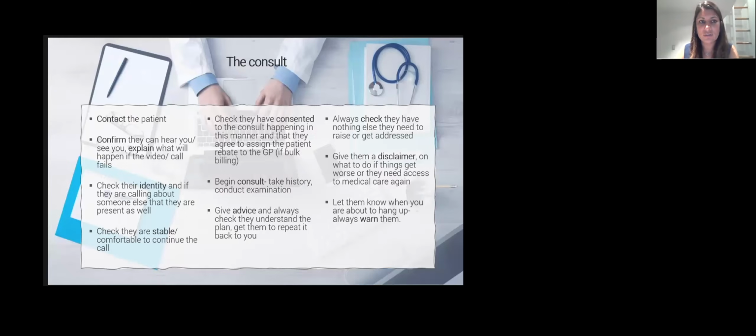So we're about to do the consult, and there are flows in how you do this. I know some people are happy to just pick up the phone and have a call like I do in person. I find it useful, and you don't have to take my advice, to actually have a structure around the consult. It just helps me not forget things and to make it feel as similar to a face-to-face consult as possible. So you contact the patient, you confirm that they can hear you and see you, and most of you are probably doing that because the technology isn't always working, and sometimes they can see you and sometimes they can't hear you.